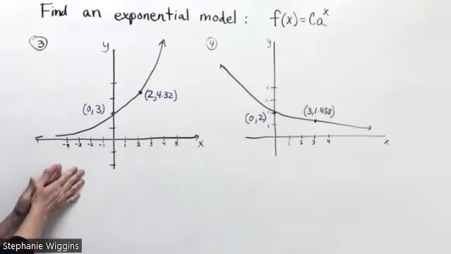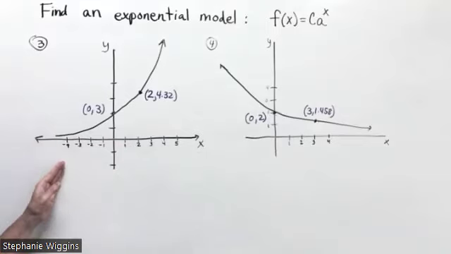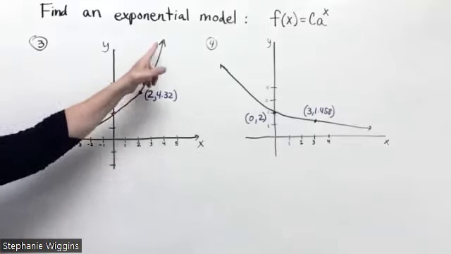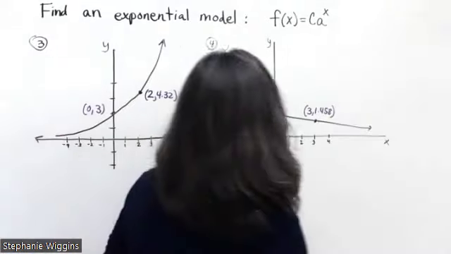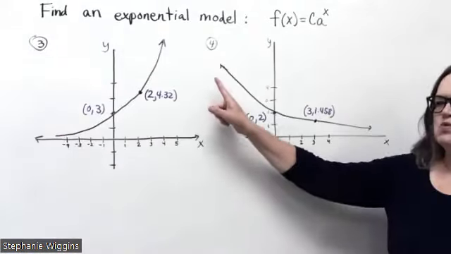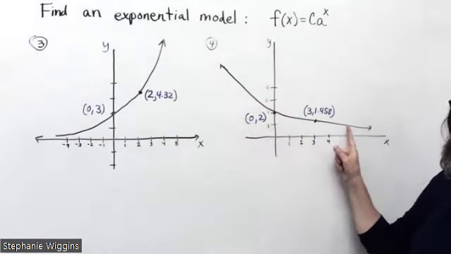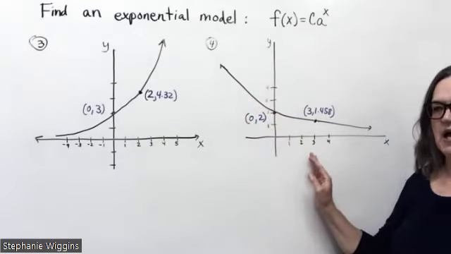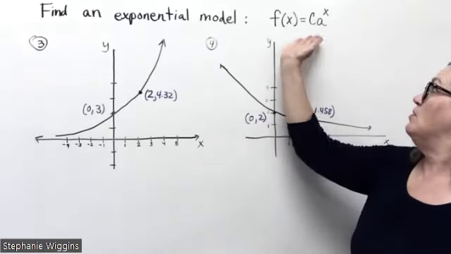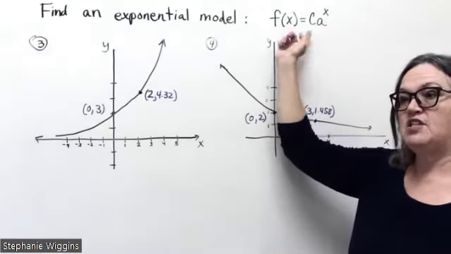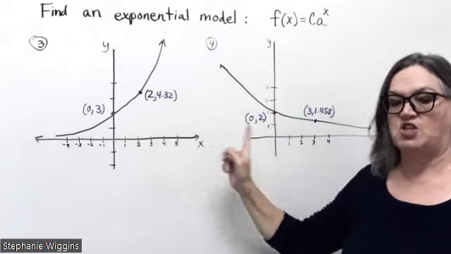So in this particular graph here, we have an increasing function, and so this is exponential growth. Whereas here, you can see, as we move from left to right, this function is decreasing. So this is exponential decline. And I'm going to go ahead and start with this model here, and I just need to find C and A for each of these